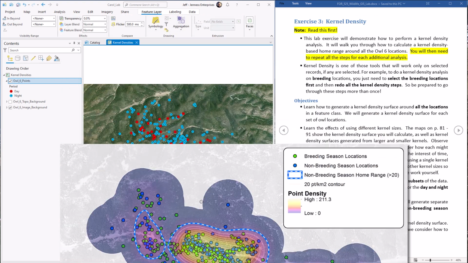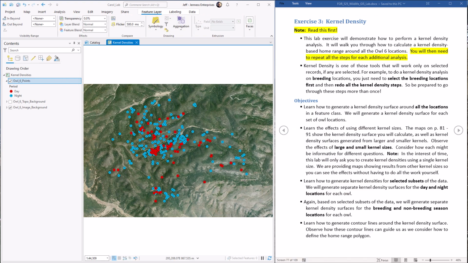Kernel densities do have some downsides though, and one is that it depends on parameters that are hard to estimate. In this lab example, we're going to set one parameter called bandwidth to be a particular value, but in real life the correct value is hard to guess, and the lab document provides illustrations of what our analysis would look like if we tried different bandwidth values, and you really should look those over and understand how important that bandwidth